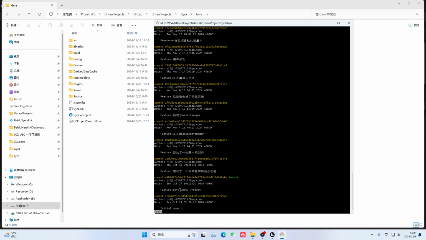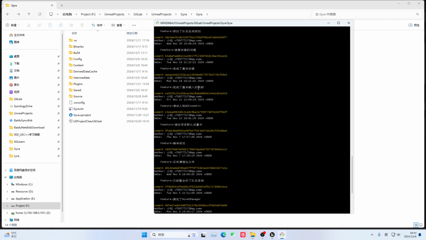We submitted this project, that is, created an empty project. Then we added some rule classes. Then we started copying from the lowest level code. Then we started integrating this team system. Then in this place, we successfully compiled it. After the compilation was successfully completed, you will in fact modify a lot of project information.